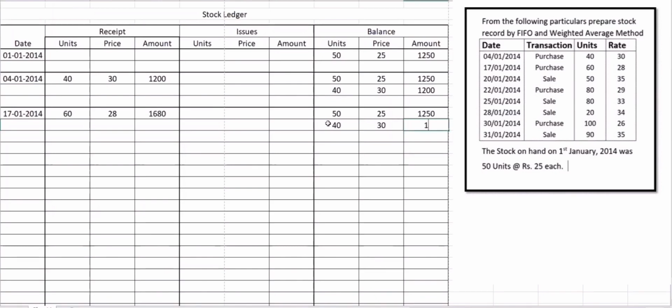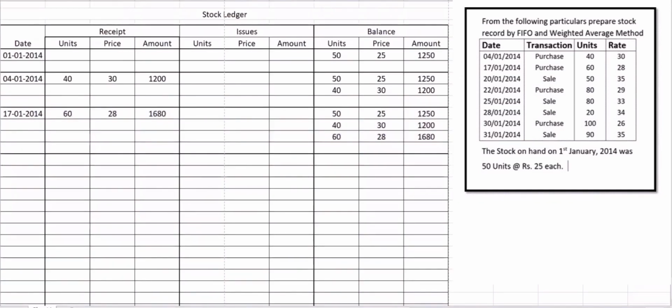Cost of the same is 1200. Today we have bought 60 more units at the rate of 28 per unit. For that we have paid 1680. Okay. After that,